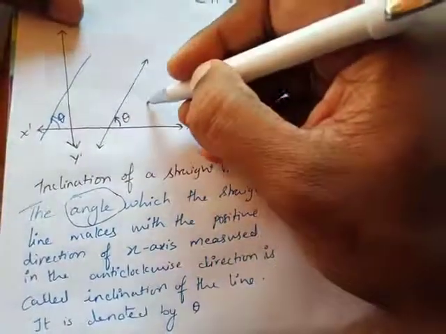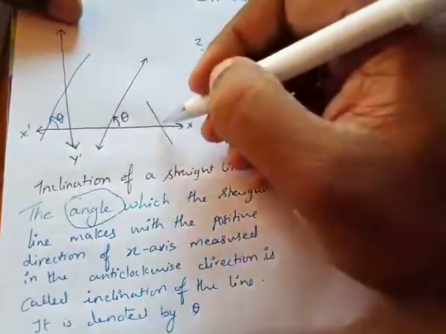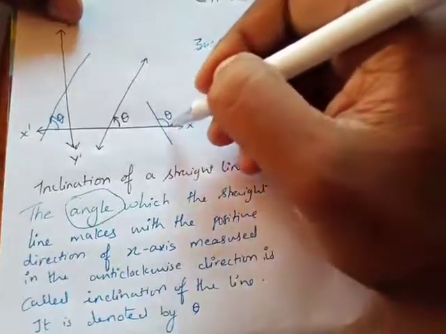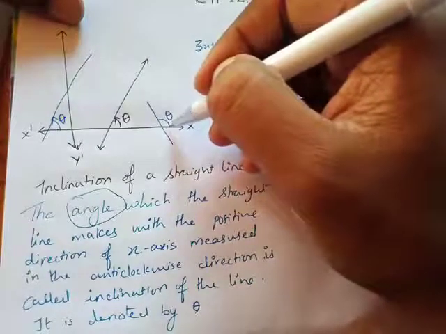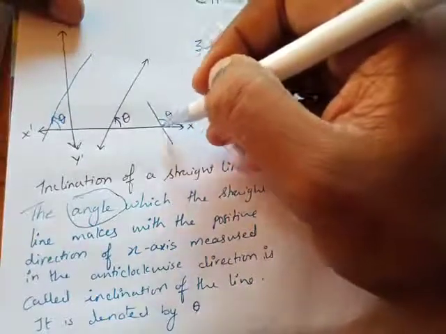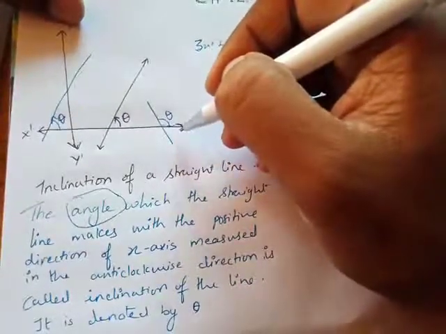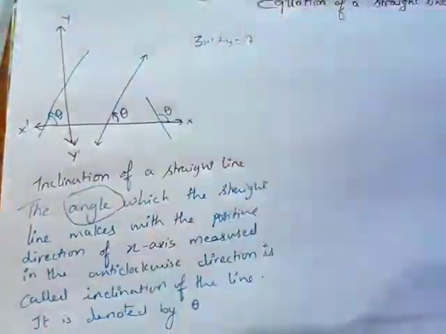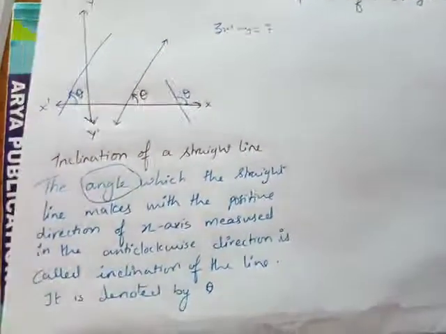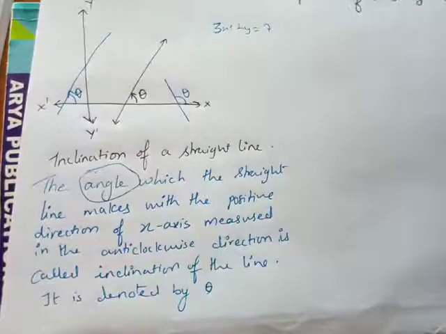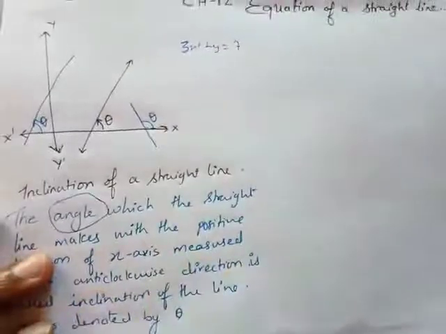Okay, sometimes the line can be like this also. So this is the theta. Now the theta is getting bigger, isn't it? But always the line is going to make an angle between the line and the x-axis in the positive direction. Is that okay, everyone? Even if you are not able to get this, it's not that tough to get it, but even if you're not, we'll move forward and then maybe you will understand. Okay, so let's see forward.